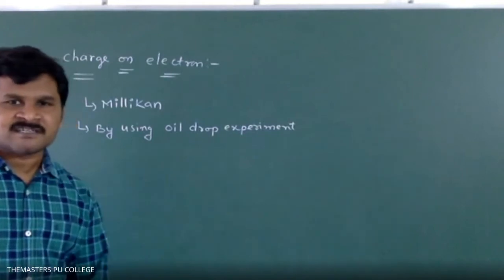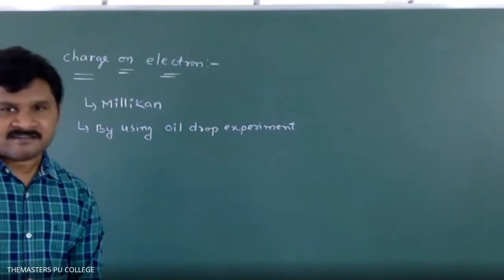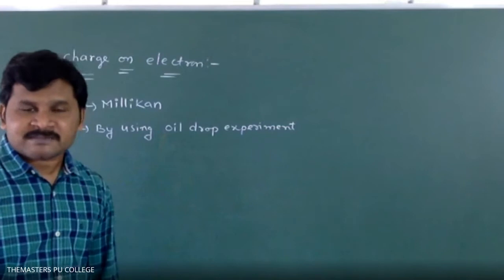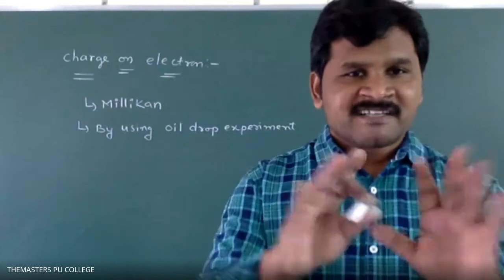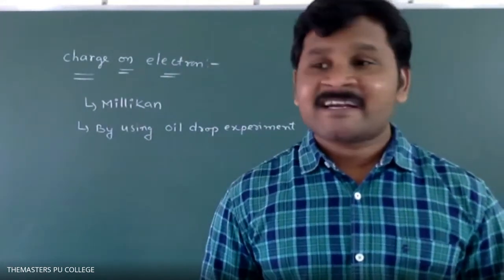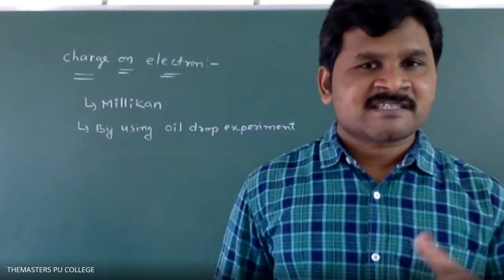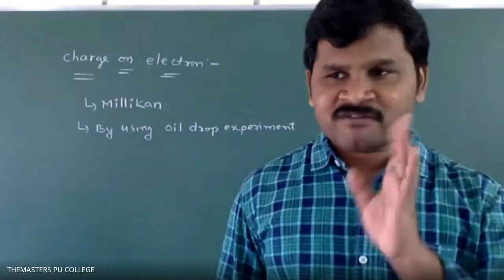So the final conclusion is: who performed the oil drop experiment? Millikan. What is the use of the oil drop experiment? Determination of the charge of the electron. What is the oil drop experiment? According to the textbook, the process is given but scientific data is not mentioned. I will explain the process, please try to understand. The final value, the charge of the electron, is what we have to remember.